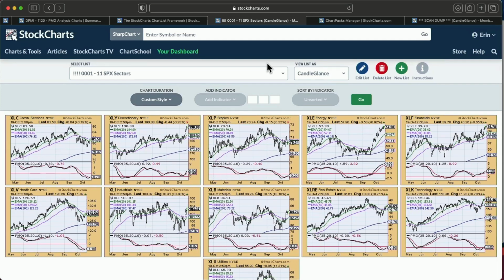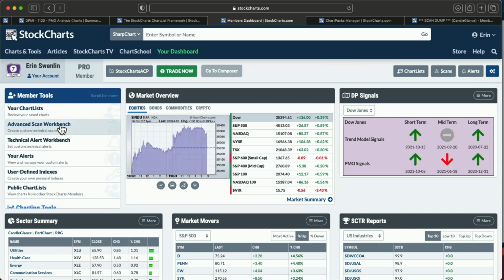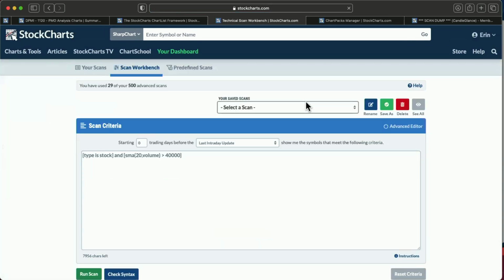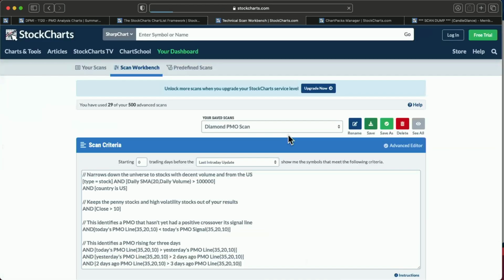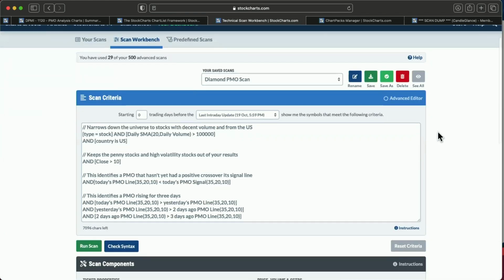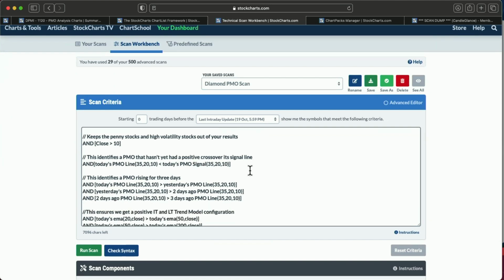So the last thing I wanted to cover is how to scan on a chart list. I only saved a few minutes for this because honestly, it just doesn't take very long. So I'm going to start at the dashboard again. I'm going to go to the advanced scan workbench. And let's just pick out my Diamond PMO scan. This particular scan is available on StockCharts. I wrote an article that I called the PMO scan to rule them all. If you look up that article, you'll be able to find out the code that you need to use this